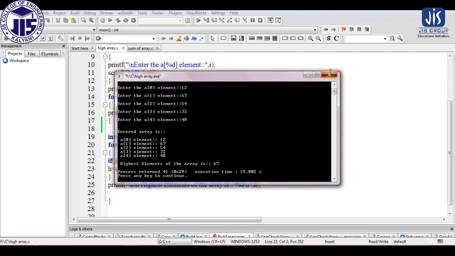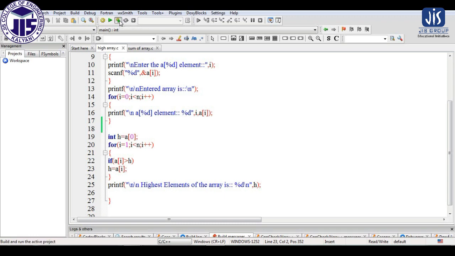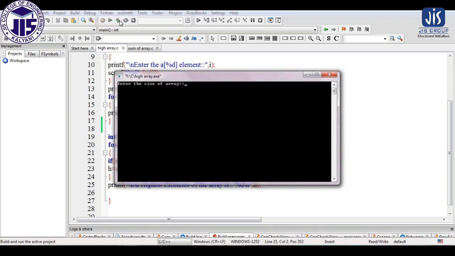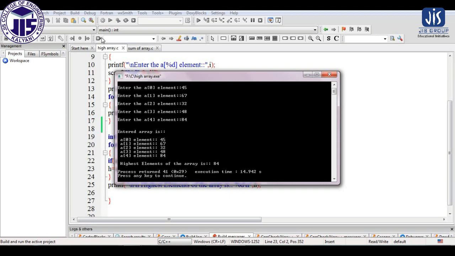Now if I make a simple change in the input, let me show you another example. The second element we have considered as 67. Now here I consider another element, that is 84. So what will happen now?